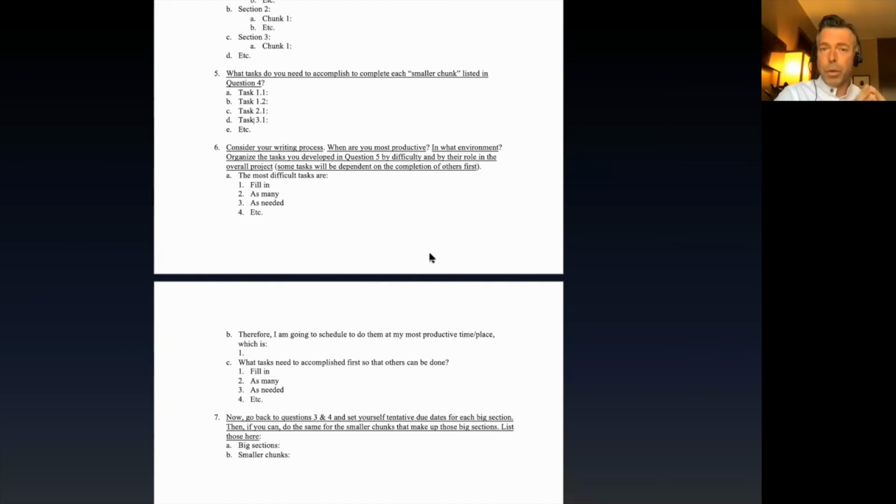So I would, in this process, schedule in, I know I've got a block from 8:30 to 10 on this day. What I'm going to do is I'm going to plan to do task 3.2 because I know that's really challenging for me. And knowing that about myself, and this is a good time for me, I'm going to plug it in here. I'm increasing the chances of me being successful, making some progress during that time on one of the more challenging tasks. And then I know I have another block between 3 and 4.